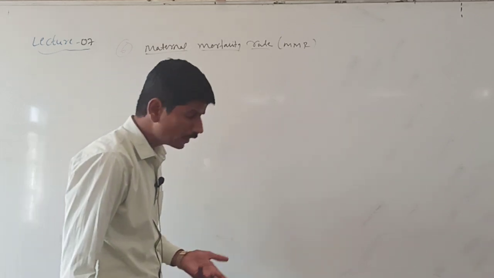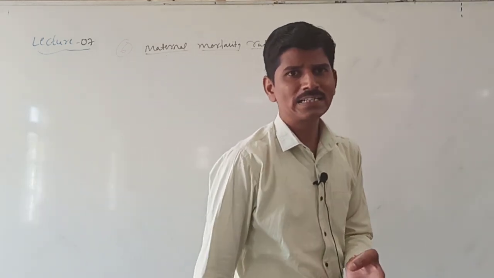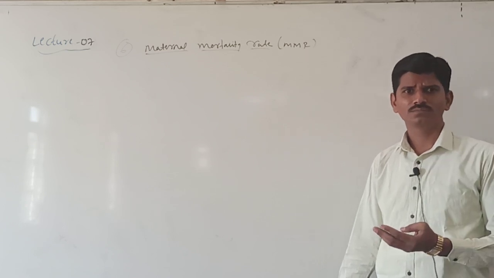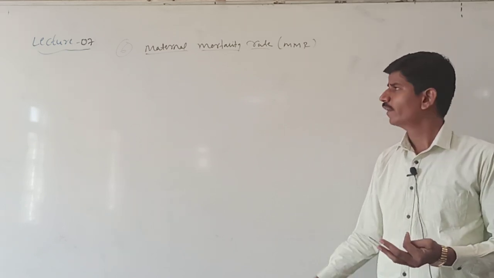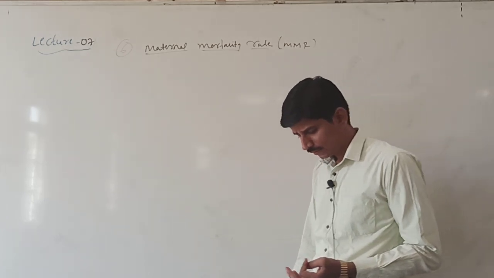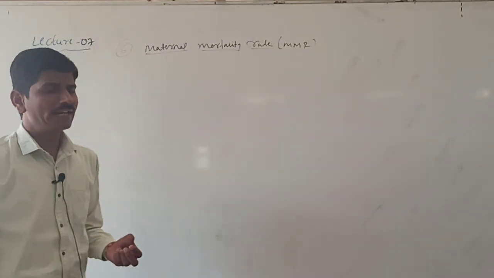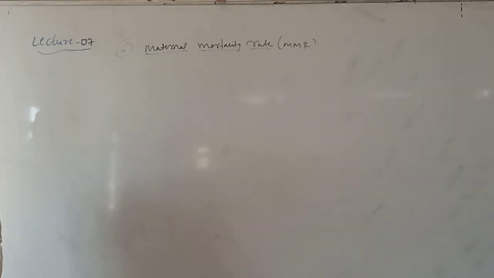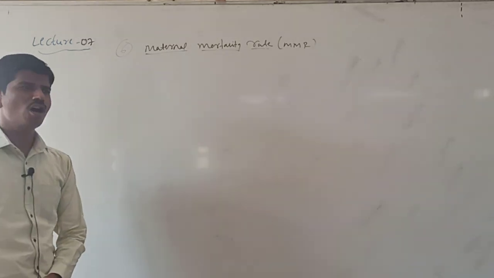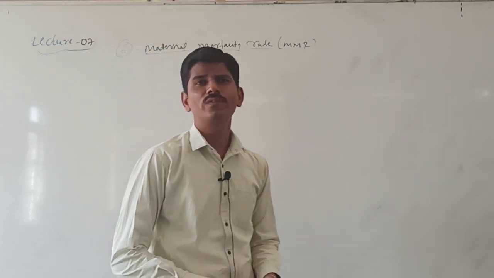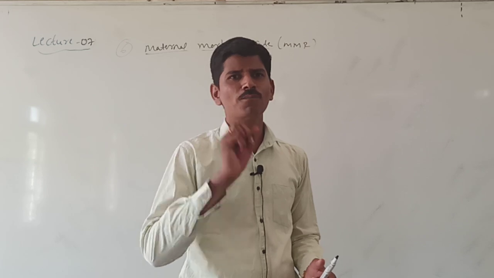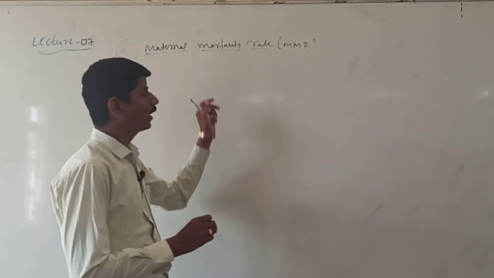Here infant means children aged less than 1 year of life is infant. The next, neonatal is the baby's age less than 28 days of life is a neonatal. Then what is the maternal? Here the maternal means the deaths of mothers at the time of childbirth is a maternal mortality rate.